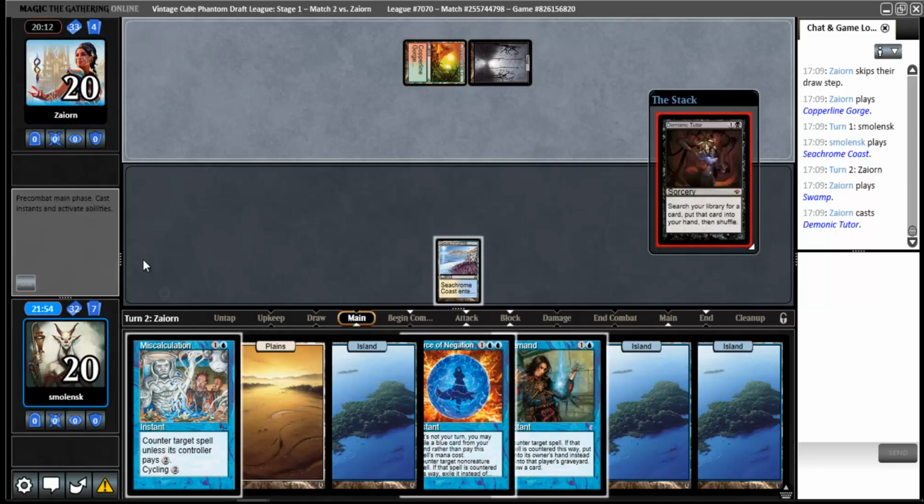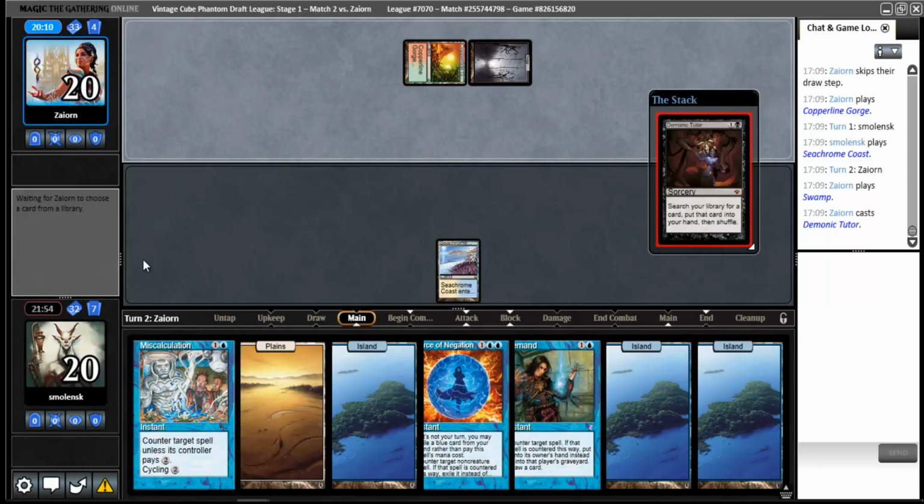Also Demonic Tutor, I'm not gonna Force of Negation. I can just Force of Negation the card your opponent gets, because my opponent probably gets Minsc and Boo or something. I can maybe even Force of Negation it, Miscalculation, Remand it. Yeah, my opponent could get a land with Demonic Tutor, but I don't know if my opponent is mana screwed, so...